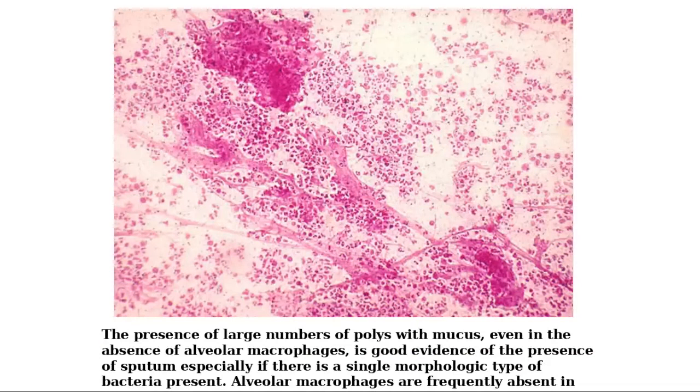Now see this picture. These are the alveolar macrophages or the polymorph neutrophils. Okay, they are present in large numbers. This is 10x, not 100x. Why is this 10x? Because if you see here, the neutrophils or the polymorph alveolar macrophages are present in a very small size. So the small size represents that this is 10x. So the presence of polymorph neutrophils along with the mucus confirms that our specimen is very good and ready to use for diagnostic purposes, because there are no epithelial cells present here.